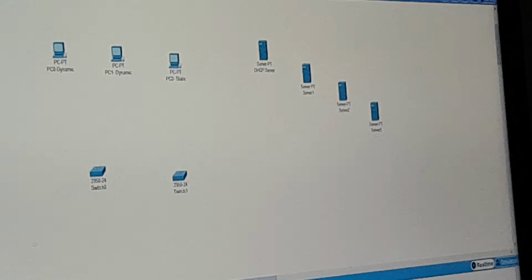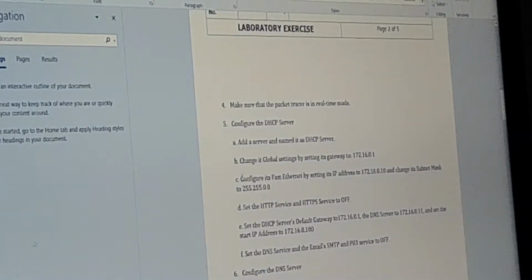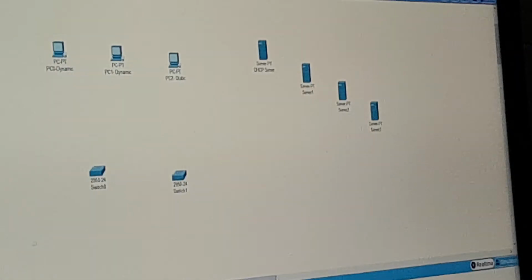Okay, next. Change the global setting by setting its gateway to 172.16.0.1. So we need to put the gateway.